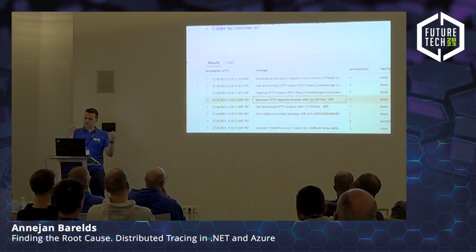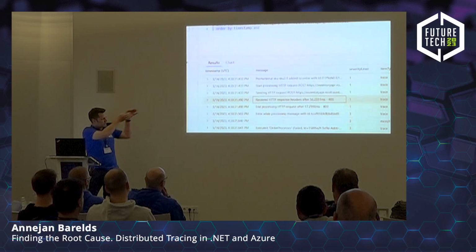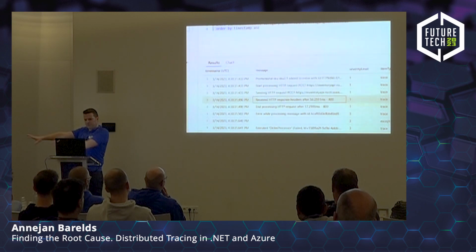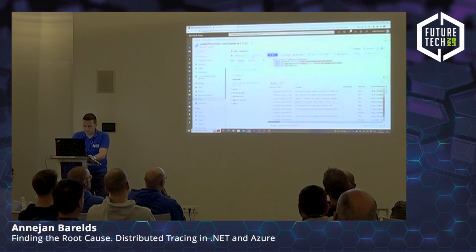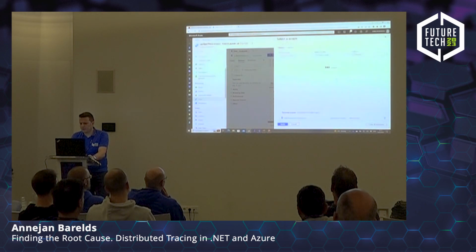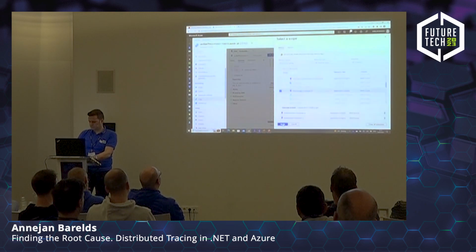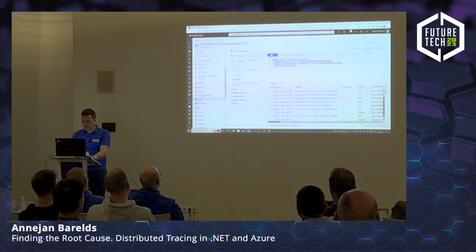So now I'm going to be wanting to relate whatever's happening in this processor to whatever is happening in the downstream API. And actually, if I just simply add that inventory API to the same scope of the same query, I'm doing apply, I'm running it again, I'm actually seeing more stuff.